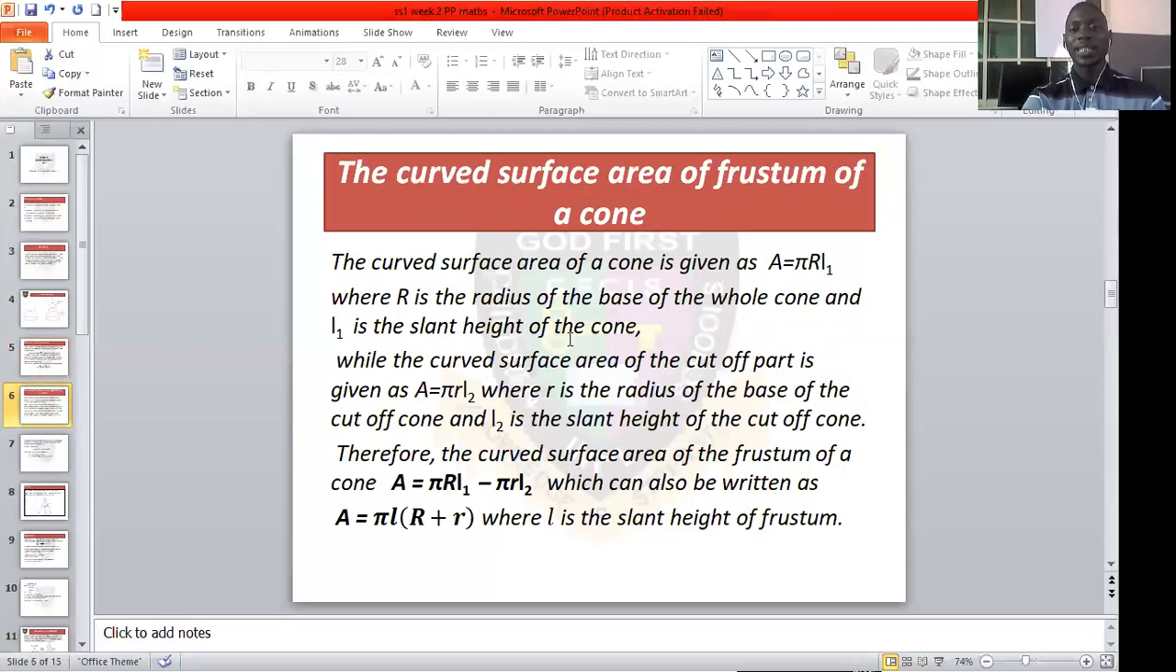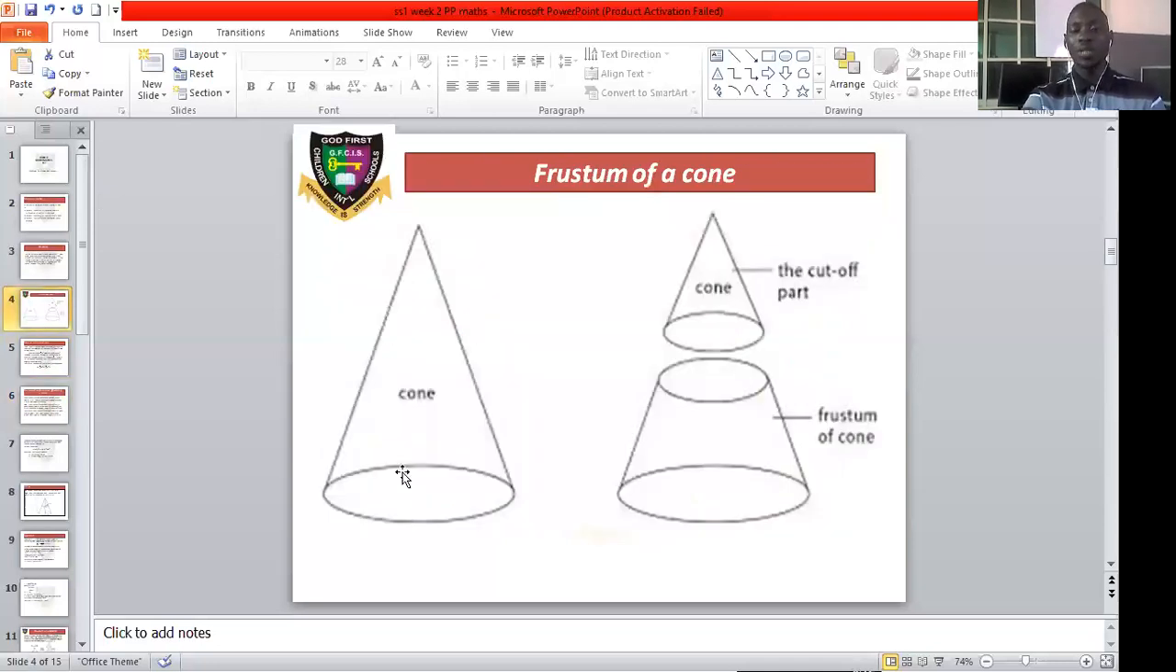The curved surface area of a frustum of a cone. We all recall that the curved surface area of a cone is given as pi RL. Same analysis. If the curved surface area of this whole cone is pi RL, and this is also a cone, which is also pi RL for the curved surface area. So if you deduct the curved surface area of this smaller cone from the bigger cone, it will give you the curved surface area of the